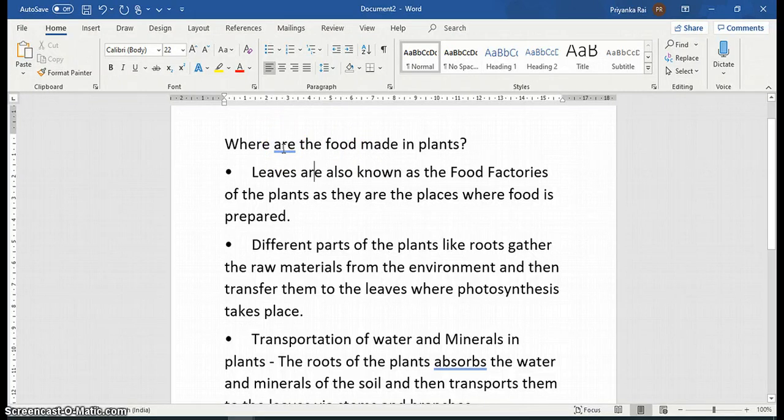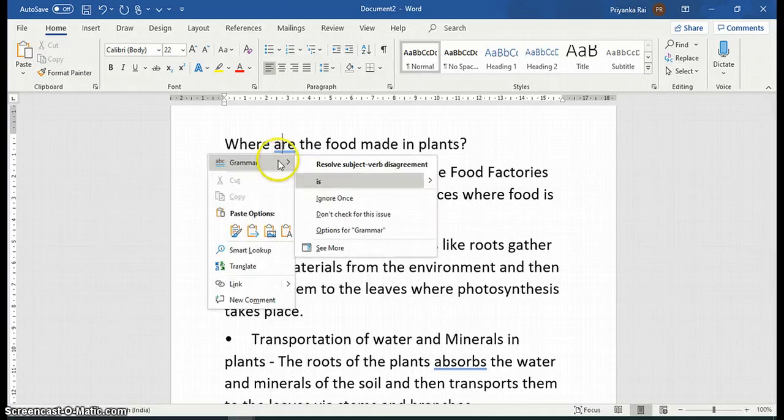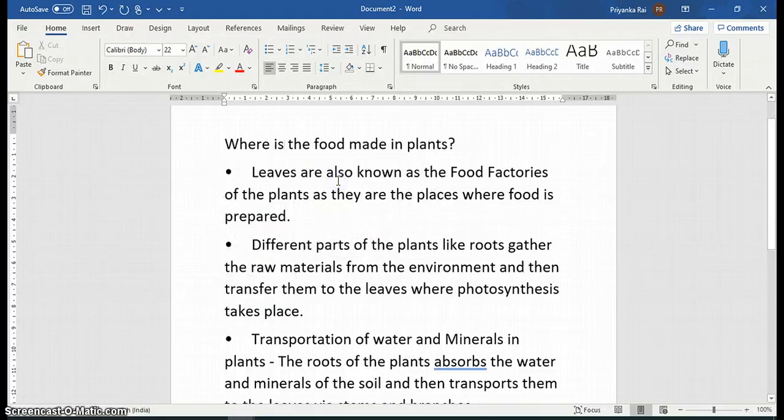In some versions of Word, like Windows Word, MS Office 2007, 2010, a green line appears below the whole sentence. Here the mistake is in this word, so a blue line is below it. I'm right clicking it, the grammar is wrong, and the suggestion is "is". So I'll click on "is", and now the error has been corrected.